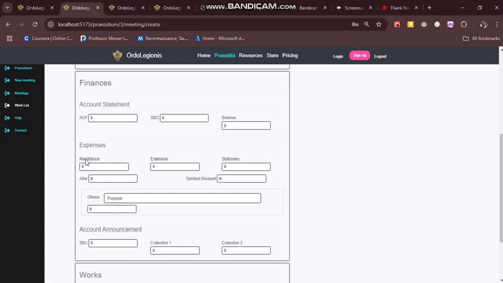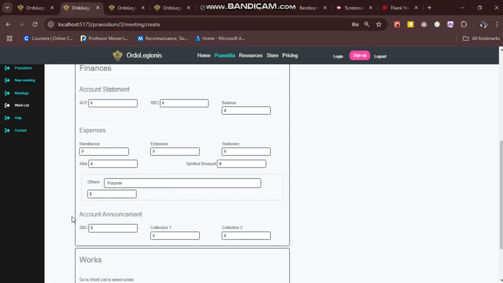So anything other than whatever falls into these categories, whether it's remittance to the courier, extension that's helping out your junior or intermediate praesidium, stationery that's any writing material, altar, and spiritual bouquet. If you have any other purpose for which you spend money, you put in the purpose here and then the value down here. But since this is meeting number one, all our expenses will be 0.